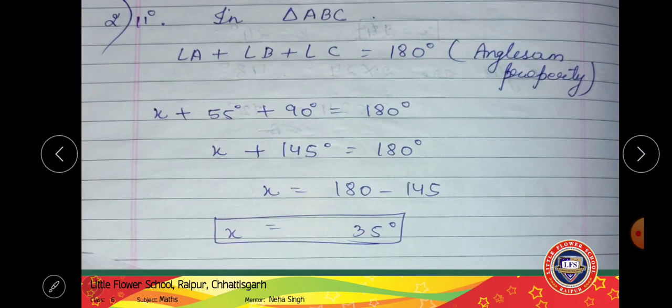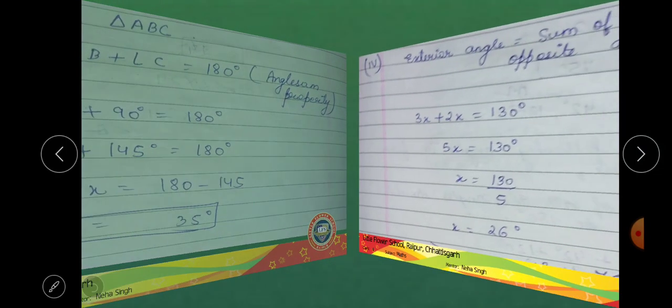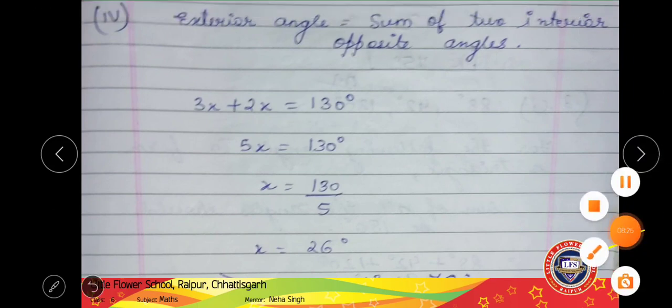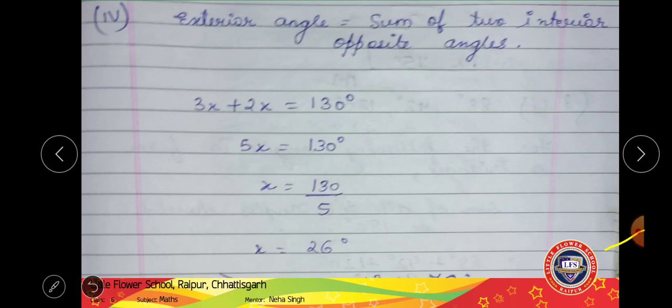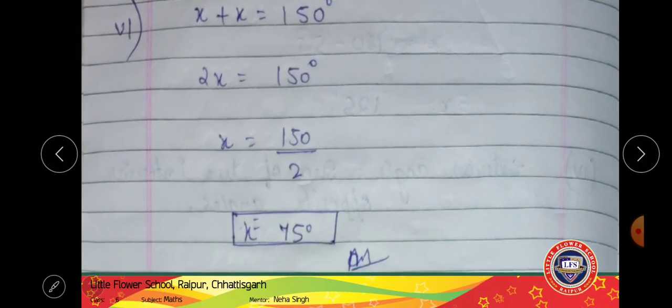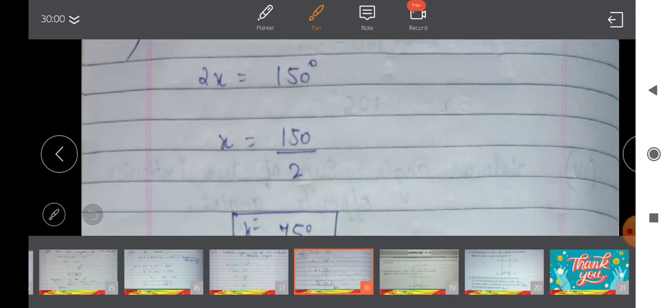Now one more second part I had not included. This was the second part. Now this is the fourth part. The exterior angle theorem will apply in this. The exterior angle is equal to the sum of the opposite interior angles, so 3x plus 2x equals 180 degrees. So 3x plus 2x is 5x, 5x is 180 degrees, x will be equal to 180 by 5, and further you can cancel out and solve. This was the 6th question. So now all the questions of exercise 11.2 we have completed.